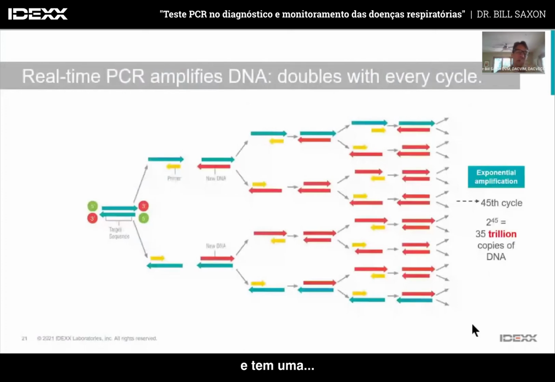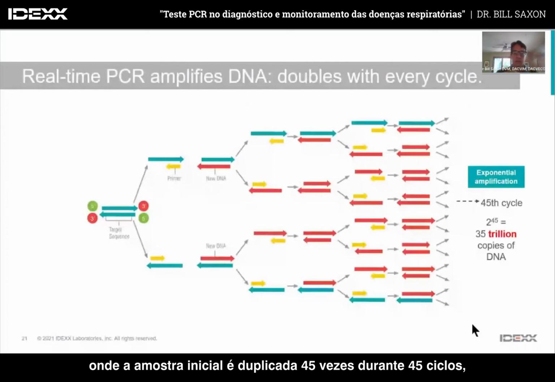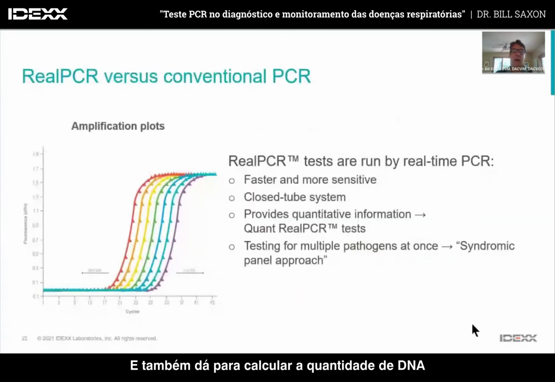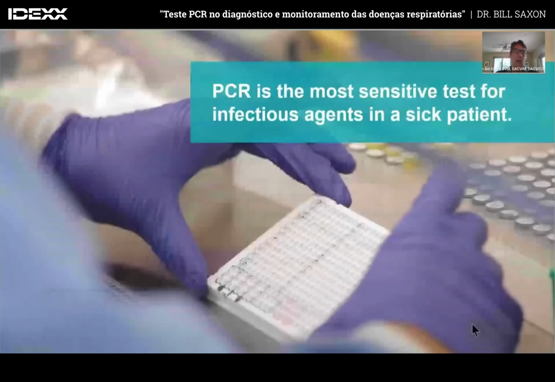And then there's an amplification phase where the initial sample is duplicated 45 times through 45 cycles, ending up with trillions of copies of DNA, which makes it really sensitive, really helpful. And it can also be quantified. The amount of DNA, or in some pathogens, RNA, can be quantified, and that can be helpful